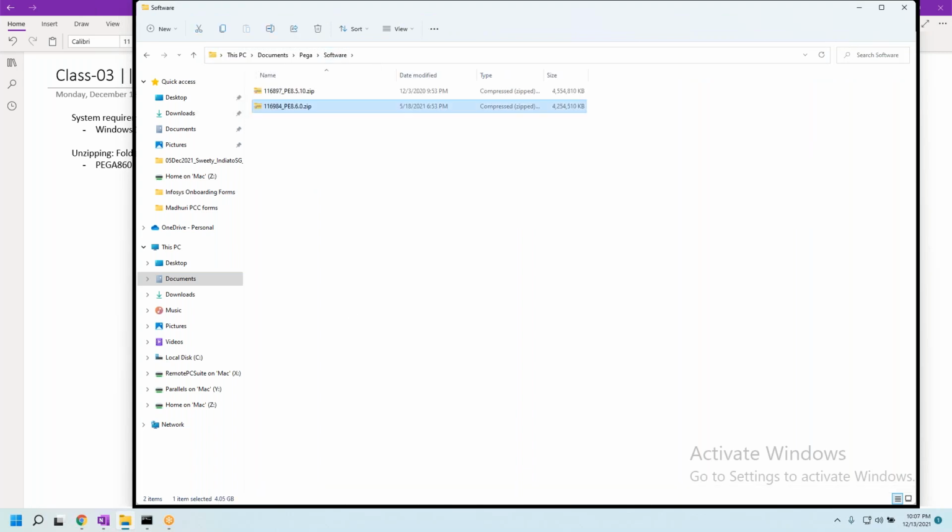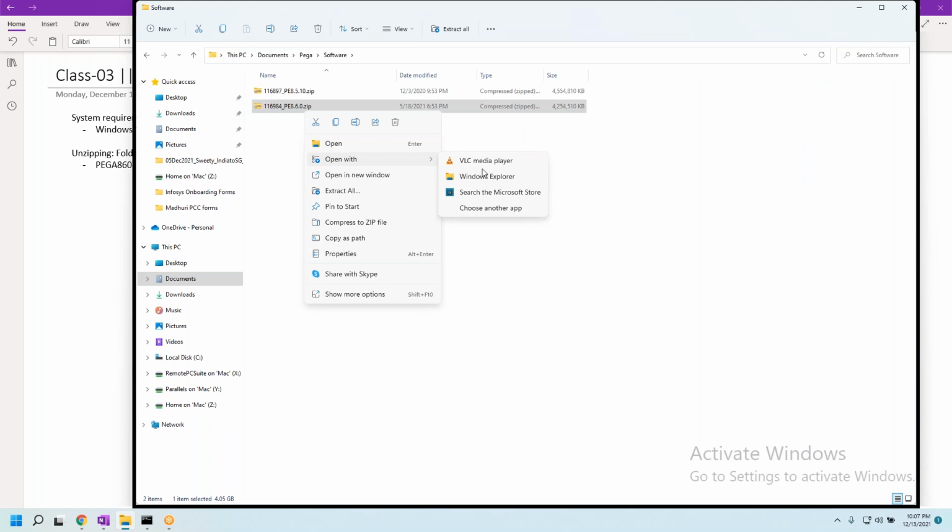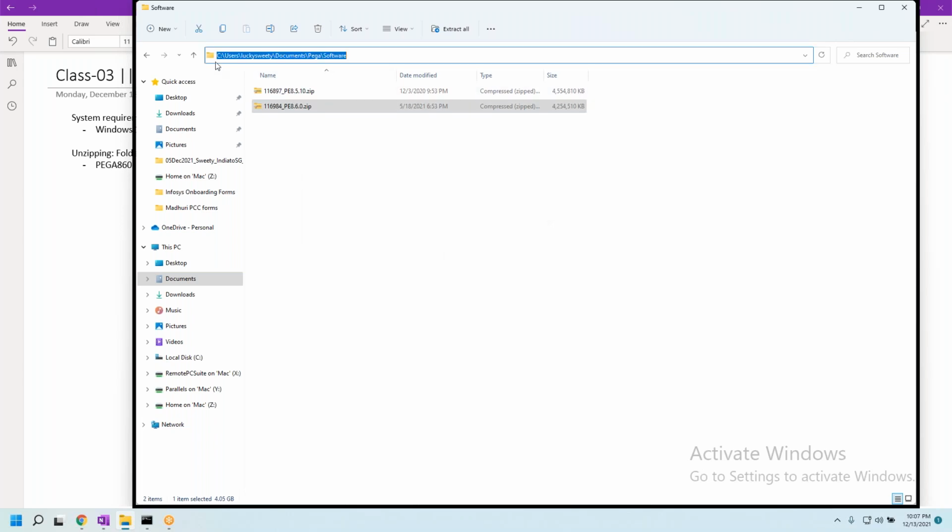So I'll just do that right away. Something like this, and also try to keep it somewhere very near to the drive. That means don't keep it inside nested folders. Remember, when I say folder name, this entire path should not have any spaces or special characters in the middle.